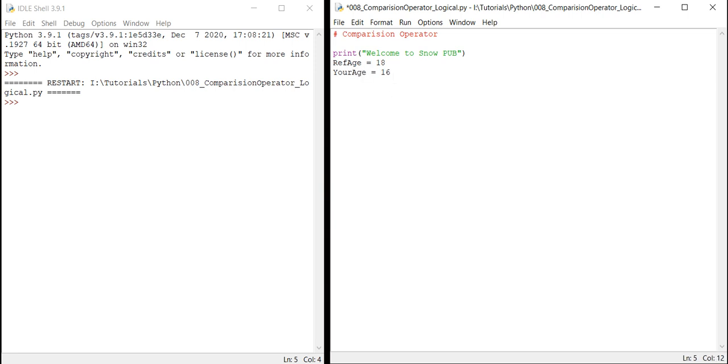Let me write the logic using if else, so you can learn another concept, that is if else. Here I'll use an if statement. In this if statement, the reference age should be, sorry, if it is greater than your age, it should be greater than your age, right? Or we can write it like this also: if the reference age is lesser than your age. All right, so we can give the print